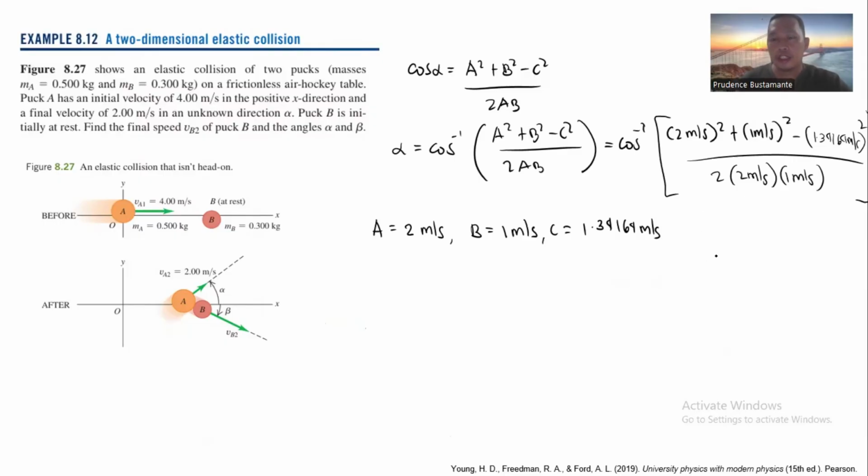Every unit will cancel out. What is left? We have alpha is equal to,